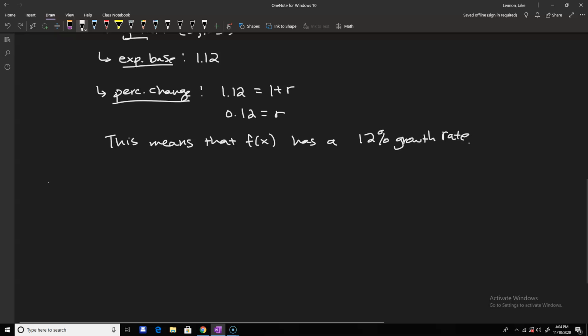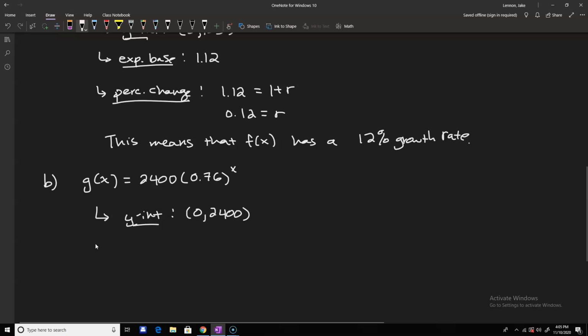Okay, let's just look at one more of these where we're just identifying the parts of the function. So g of x is 2400 times 0.76 raised to the x. So again, the y-intercept here is just 0, 2400. Your exponential base is the 0.76, and the percent change